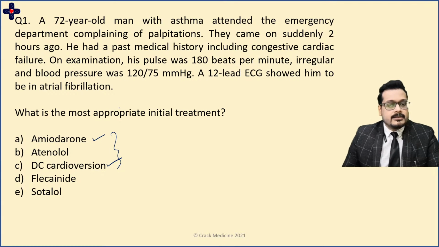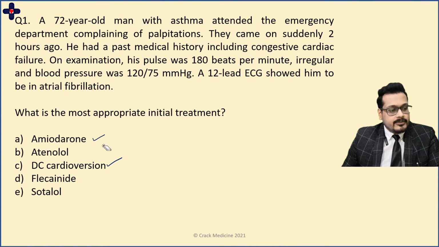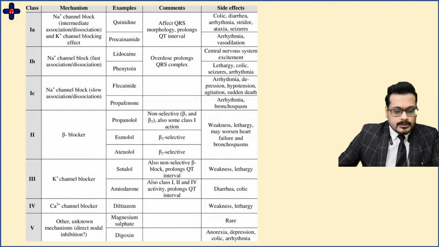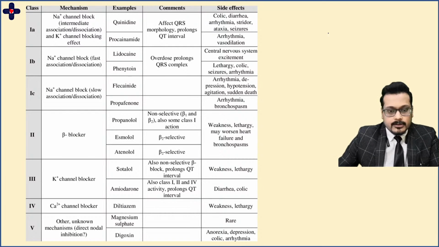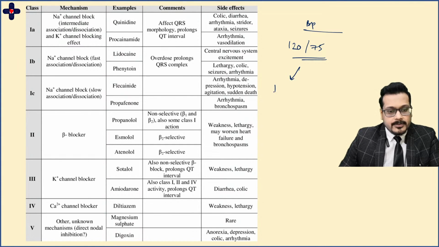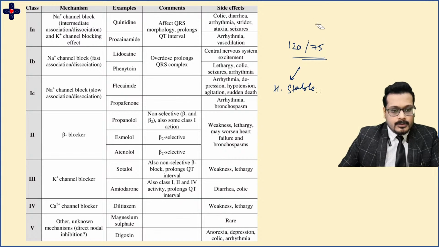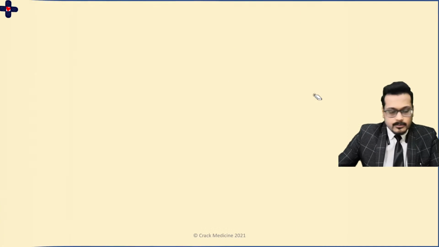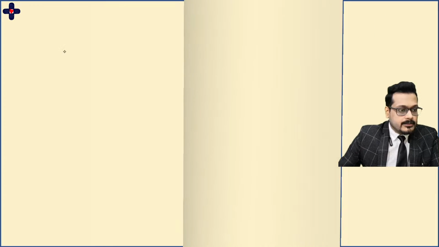Okay, so the differential is here, and the patient is already in AF. So what we'll do is we'll try to figure it out. The correct answer to this one will only depend on one thing, that is blood pressure. Now, if the patient shows hemodynamic instability, now this is basically a hemodynamically stable patient. Okay, so let me write it again on a fresh page for you. So in our current question, what we need to understand is that the patient